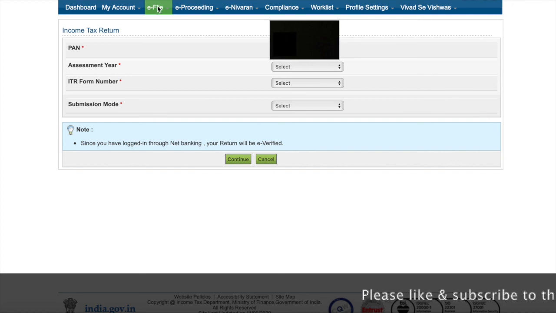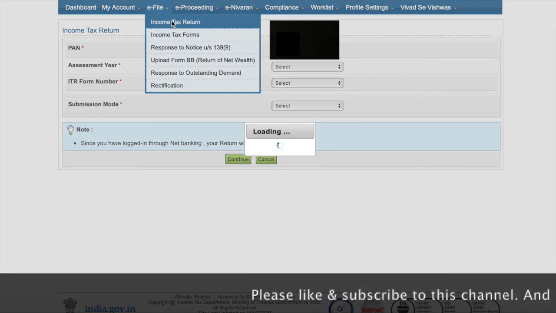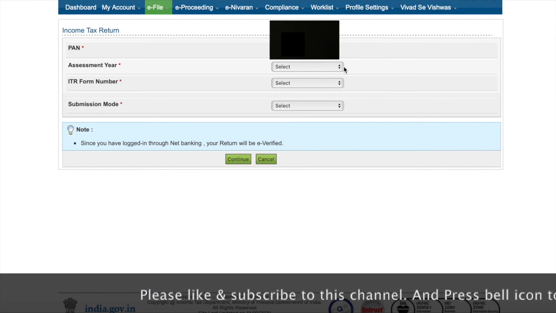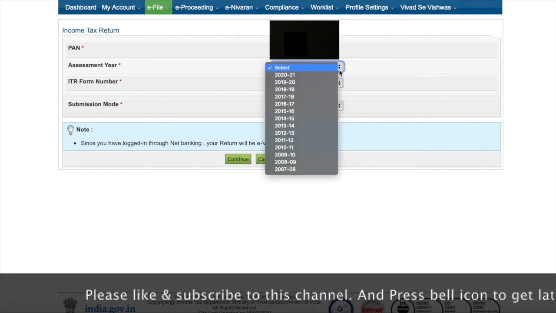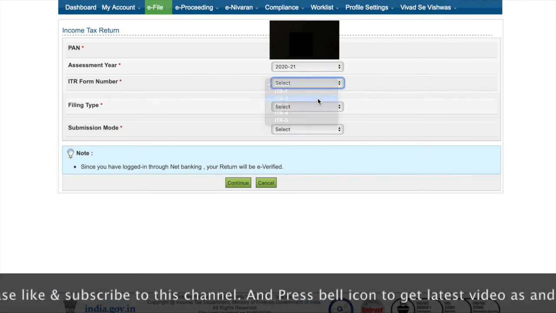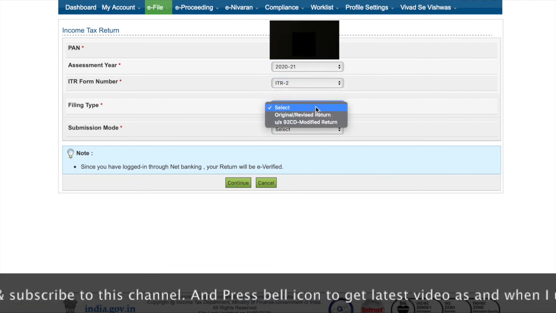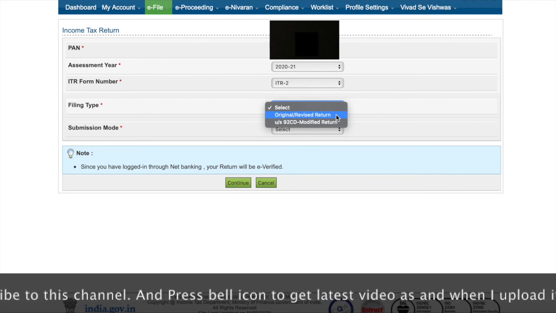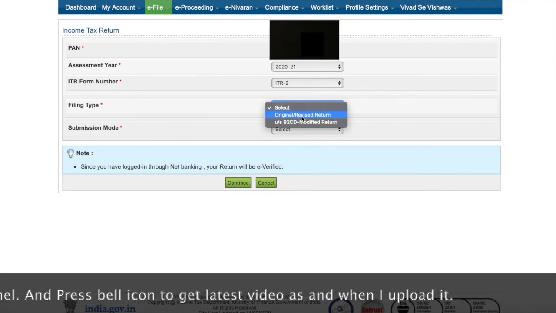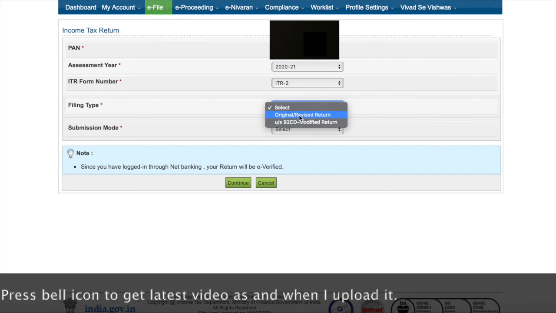Once it is done, to upload on the Income Tax India e-filing site, you have to log in using your PAN number and the password. Then you have to go to the e-file tab and click Income Tax Return. Then select the assessment year, the ITR form, and then the filing type.